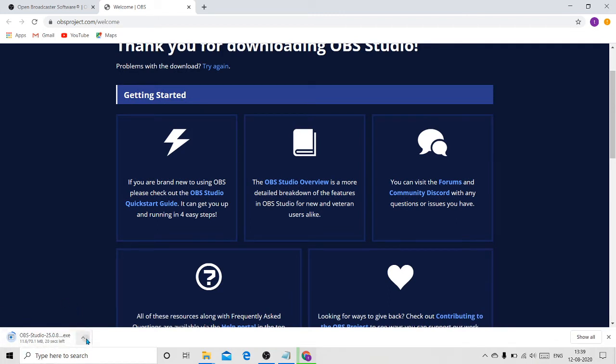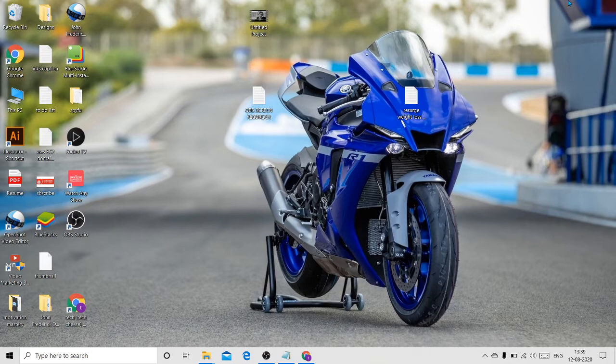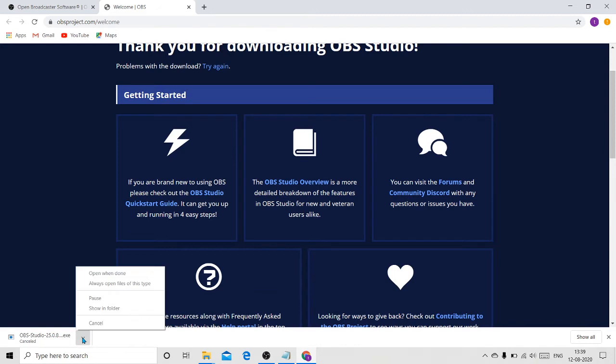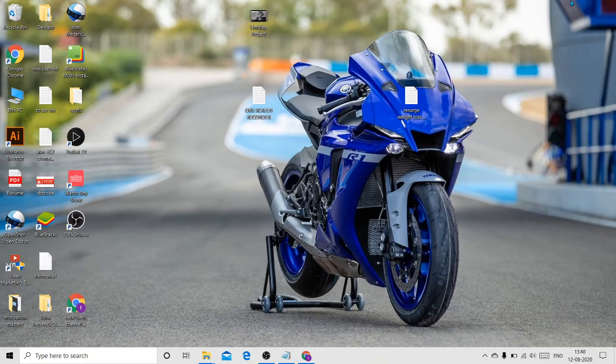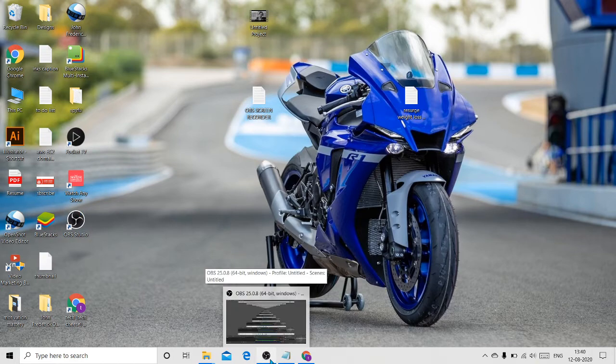This is the folder of the OBS Studio installer. As I have installed it already, and that is the software I'm using to record the screen right now, I have clicked on cancel. Once you click on cancel, you can continue with the download, and after that, you can click on this arrow button and click on show in folder, so that it will locate the file for you wherever it is present in your PC. After that, you have to install that file by double clicking on it, and it will ask you if you are ready to allow it to make changes. You should click on it and the download will be completed.